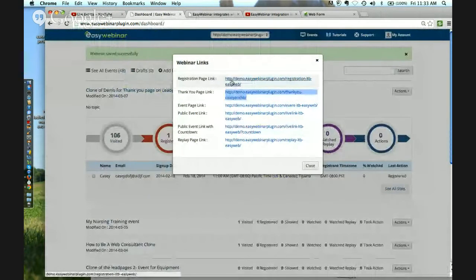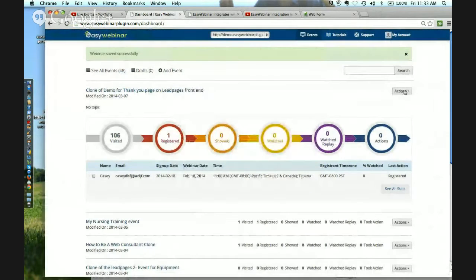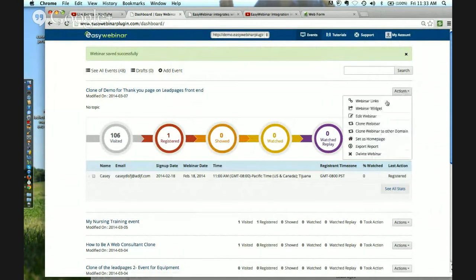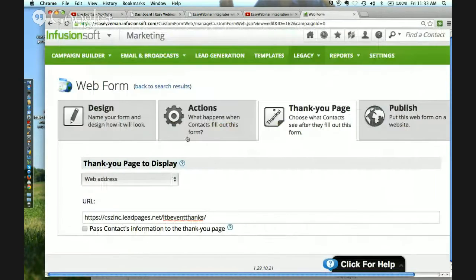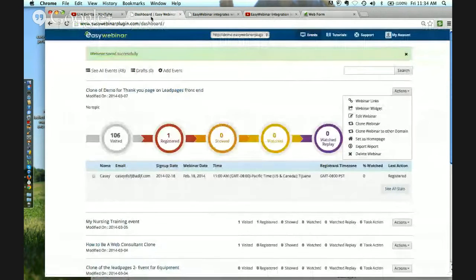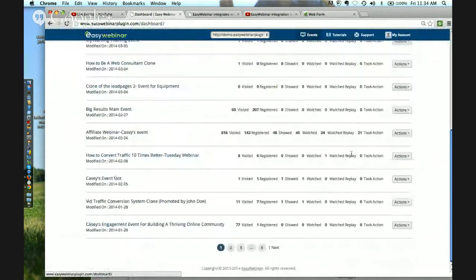So when you send someone through a registration process and you're going to sync it up with your autoresponder, because remember, you can use our built-in notifications or you can sync it with our built-in notifications and your own autoresponder, you're going to go in and add the thank you page to whatever web form you're using, our personal thank you page. And that's exactly how you would make sure that when someone registers, for instance, if we were to click on